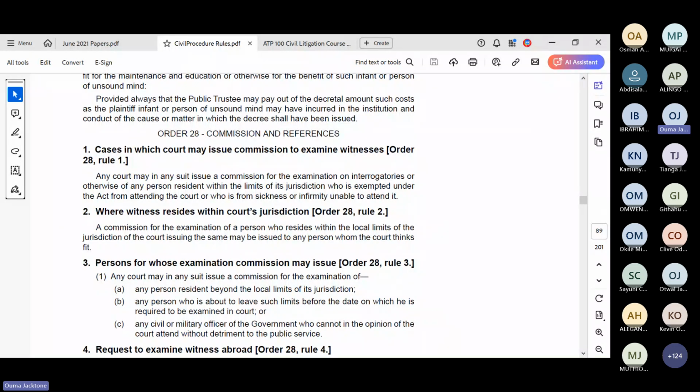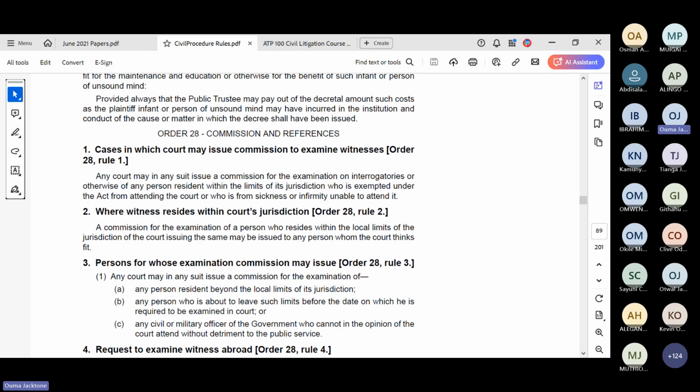So how do you do that? You make an application to court, notice of motion, and a supporting affidavit. What are you praying for? Guys, the name of the application is the prayer, okay? That the court do issue an order of commission. Or the court do appoint a commissioner to examine person XYZ, and then costs.